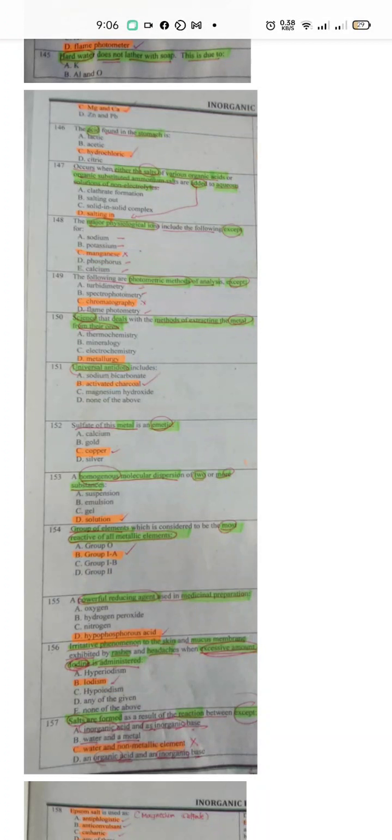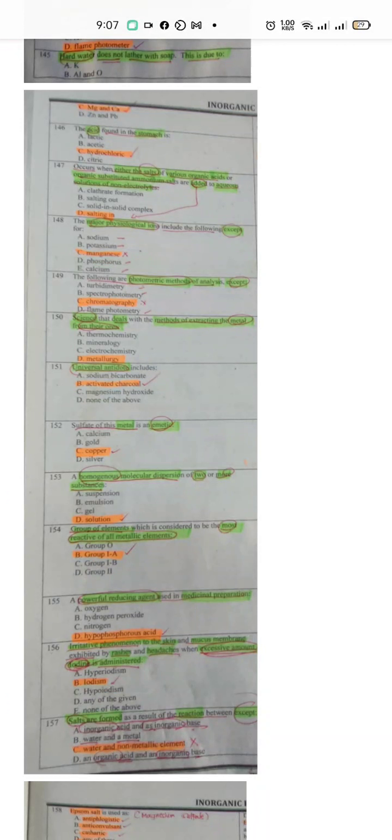So it is also for the reason that iodide should not be given in cases of acne. So iodide is not used for the treatment of acne, because it is irritative to the skin and mucous membranes. Okay? Number 157,